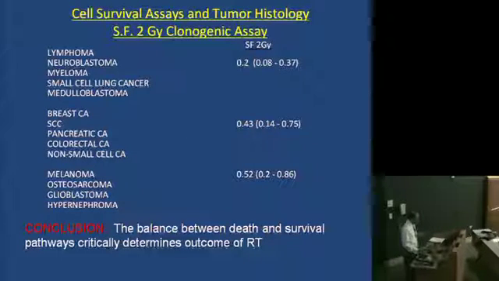The doses of radiation also vary upon the histology of the tumor. So in cell survival curves, you see lymphomas are the most sensitive tumors. You can control most lymphomas in 30 to 40 grays, as compared to glioblastoma, where you really need 70, 80, 90 gray, and even then you're not able to control these tumors.